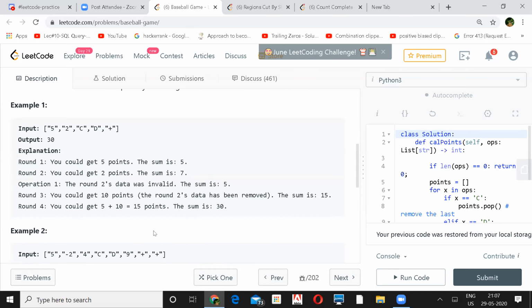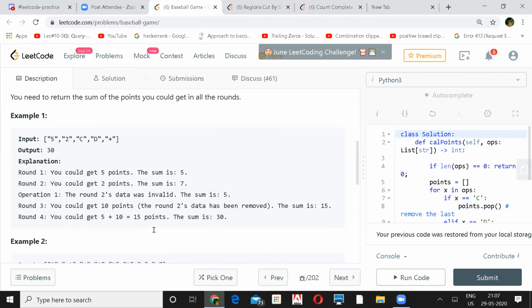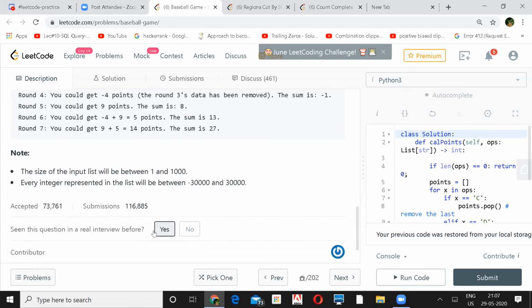Could you have more C than necessary? If you don't have any rounds, you cannot have an invalid one, right? Exactly, that is what I think. But you never know. In such things, it might be something crazy. Yeah, we might have to check for some corner cases. Yeah, makes sense.